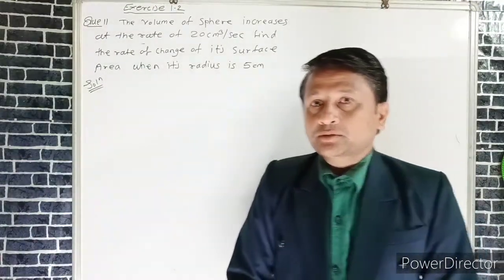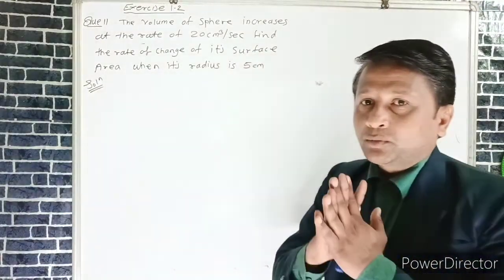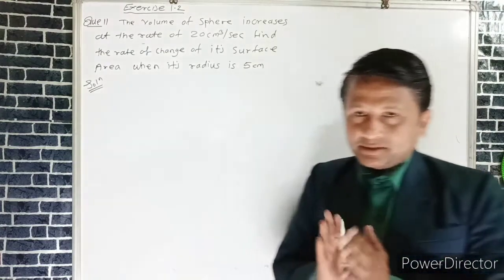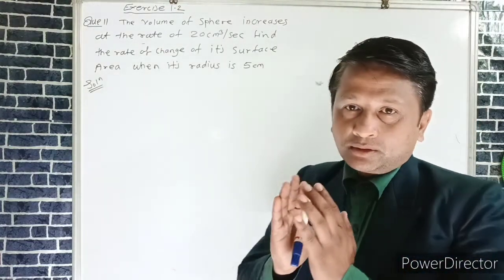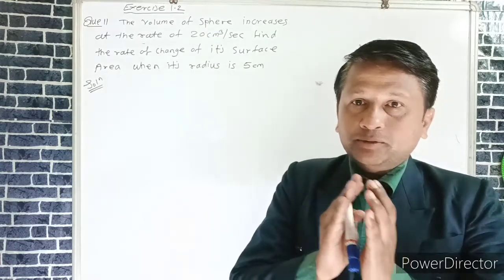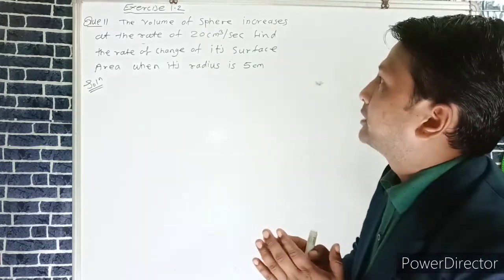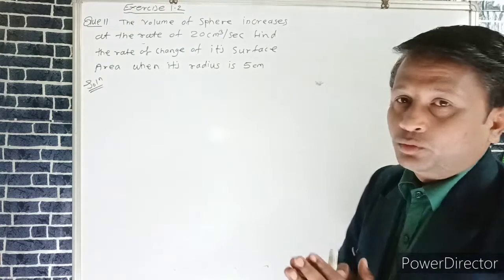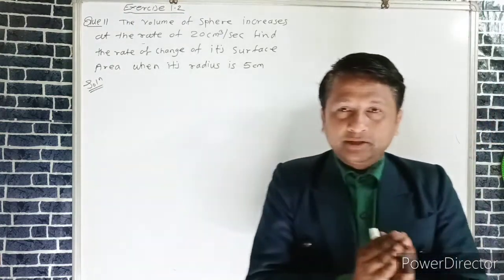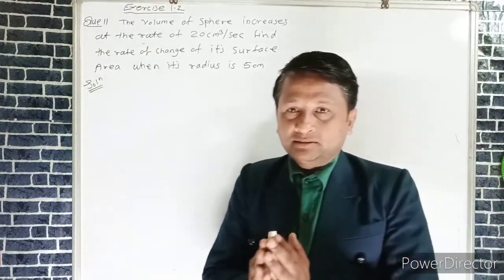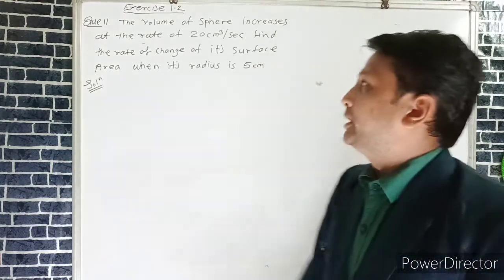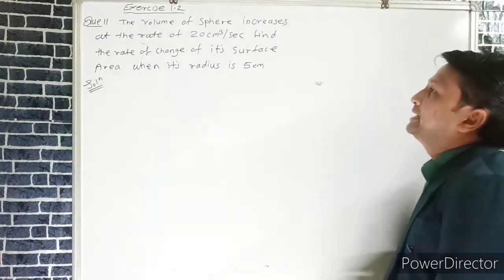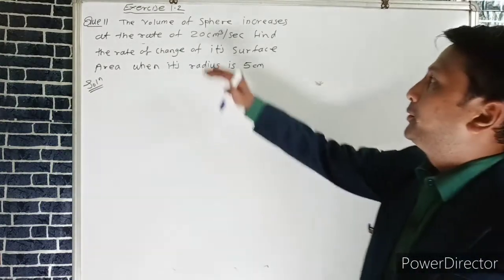Start. The question number 11 is exercise number 1.2. In the previous lecture, we learned about equation of tangent and equation of normal, and also the examples related to velocity, acceleration, and displacement. So here, question number 11 is: the volume of a sphere increases at the rate of 20